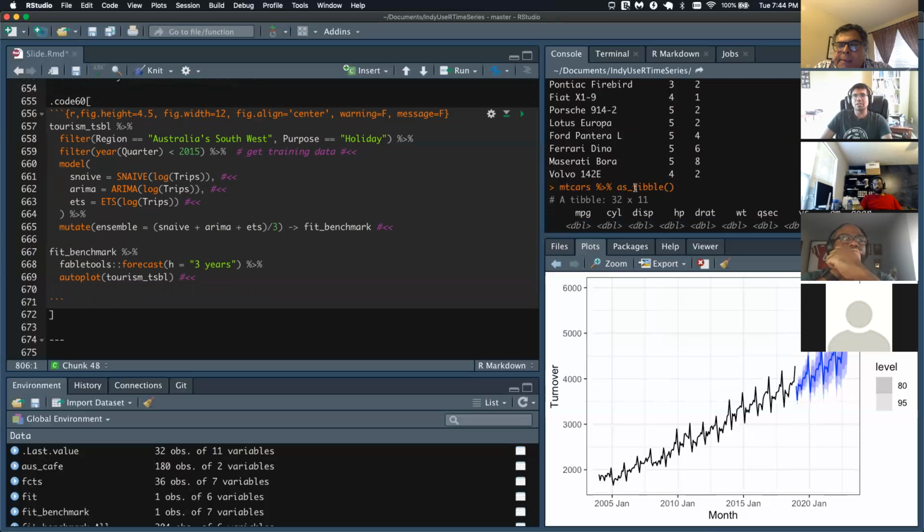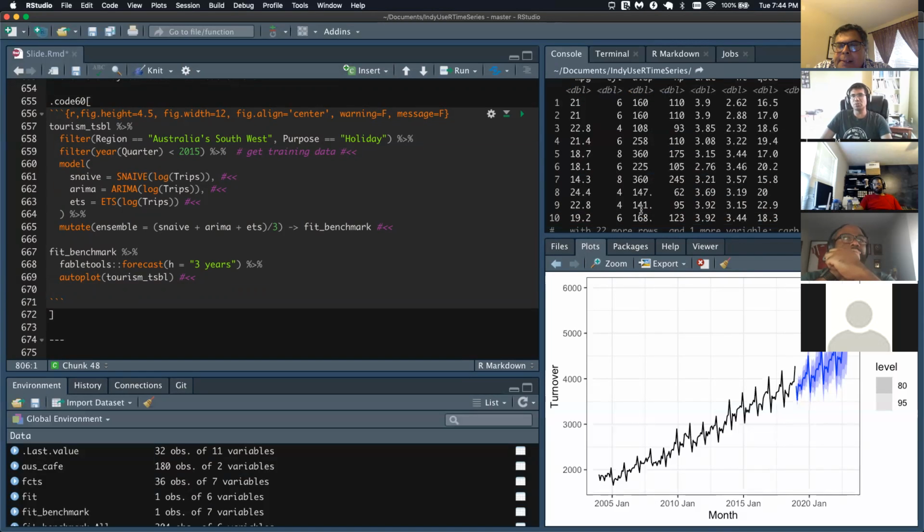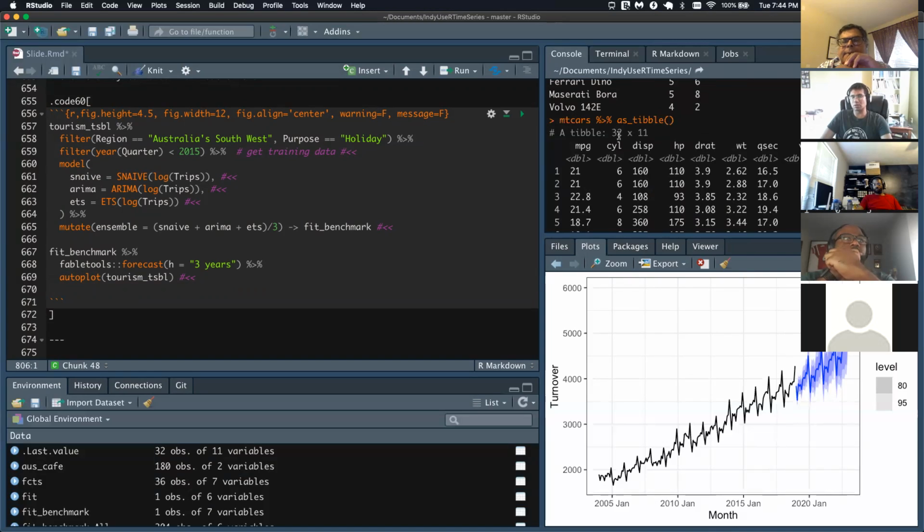Here it tells you the number of rows, 32 by 11 columns. In a lazy table, it'll print a few rows and put a question mark there. I do not know how many rows there are, but I know the structure of the table. I know the data types. I know what you're trying to do. I have it all in a SQL query. I've just not executed it. So I will give you that.